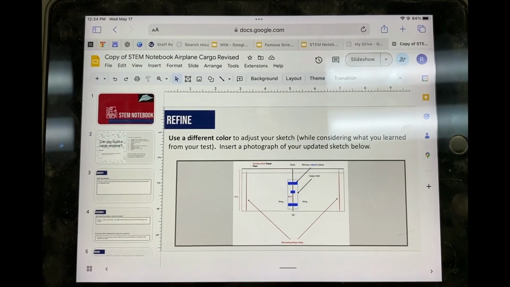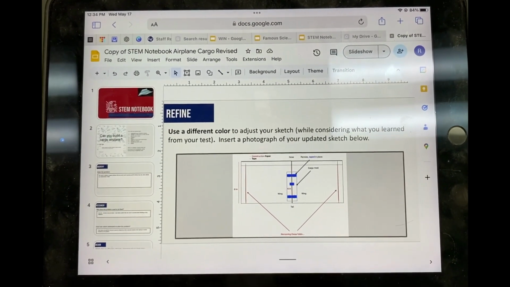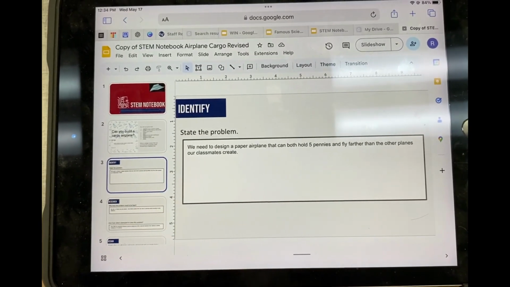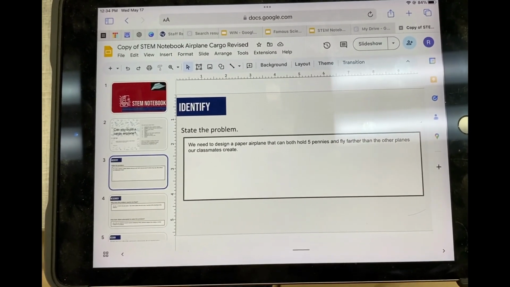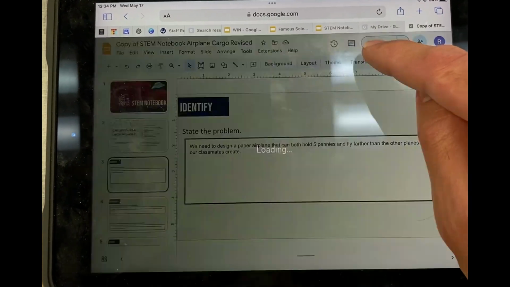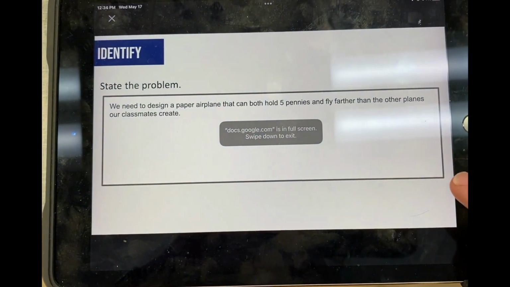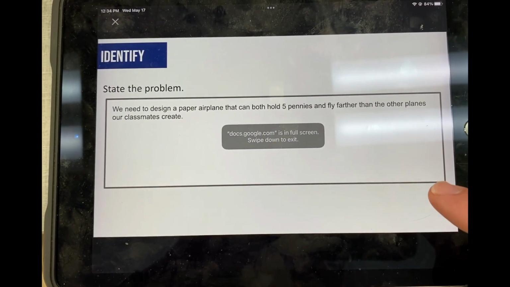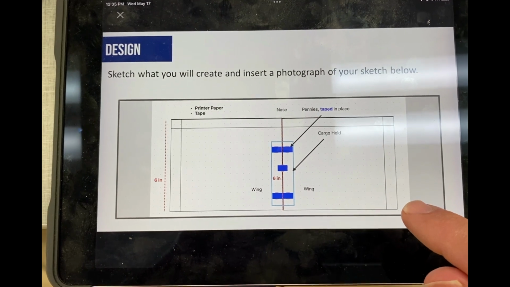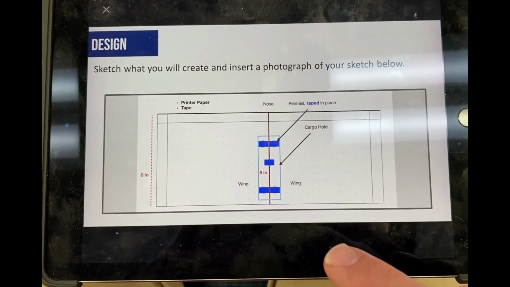To start out your screencast, make sure you begin on slide 3. You don't need to record slide 1 or 2 because everybody's going to have those and we're just going to skip them. So for the first couple slides, once you get into slideshow mode, you can just read through your slides. At the start of slide 5, however, what you want to do is explain how you came up with